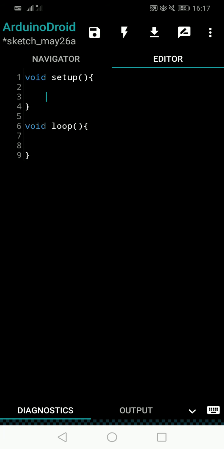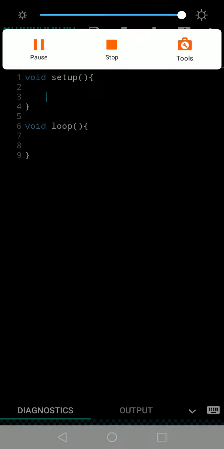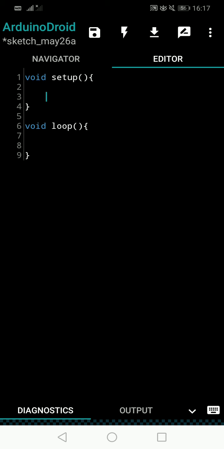Hi everyone. So we've been going through while loops in this series for a few videos. So today also we'll go through the while loop. We have seen the functionality of the while loop, how it works, the structure, and a few examples. And we even studied how we can switch on a number of LEDs in a series using a while loop. So today we will see some more in the while loop.